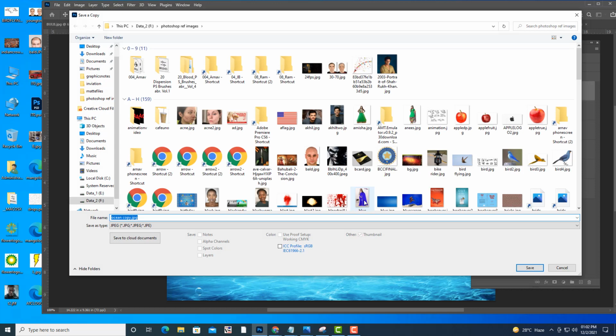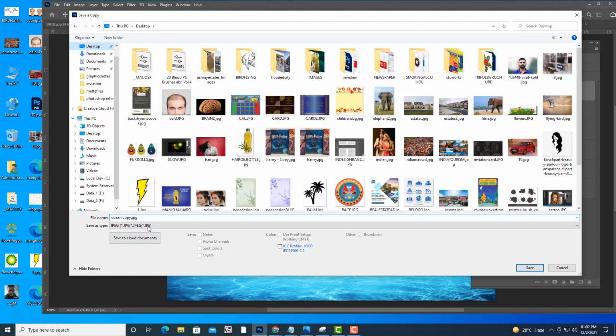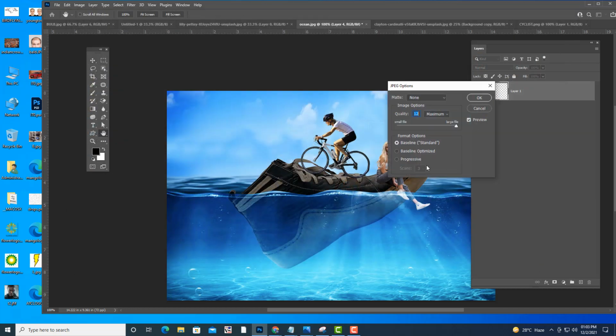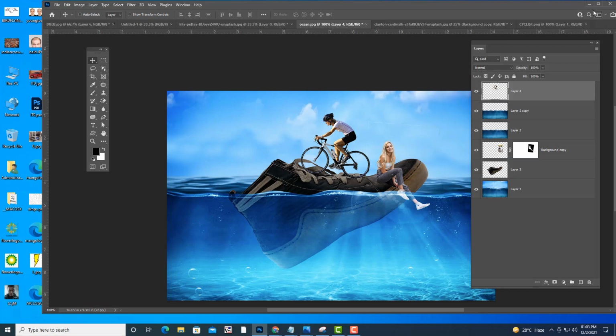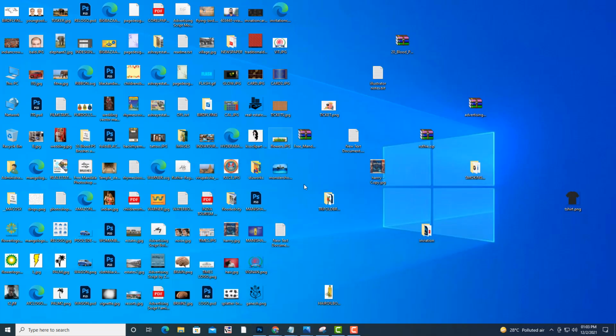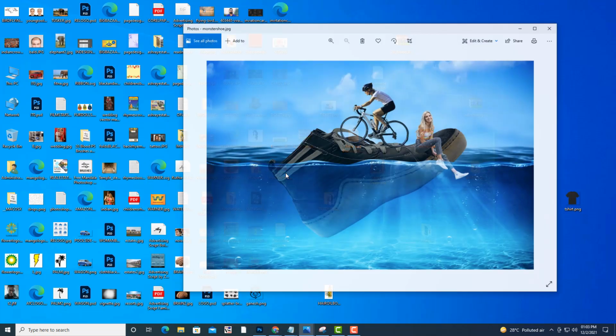If you are not getting the JPG, use save a copy, so that you will get the JPG option. So monster 2. This is our final result.